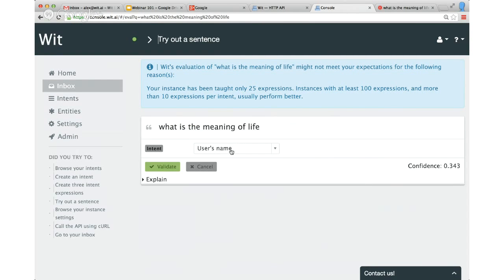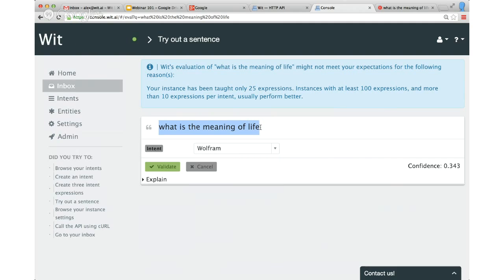And so we will create an intent called Wolfram for this kind of questions. And each time Wit tells you this is a Wolfram question, once you get the Wit response, you will just query the Wolfram API and get the answer. So you spend 10 minutes to build that, and you have a very impressive virtual agent able to answer hundreds of thousands of questions straight out of the box.